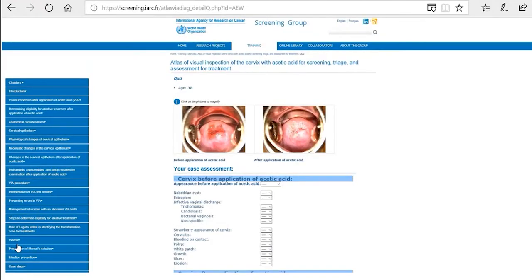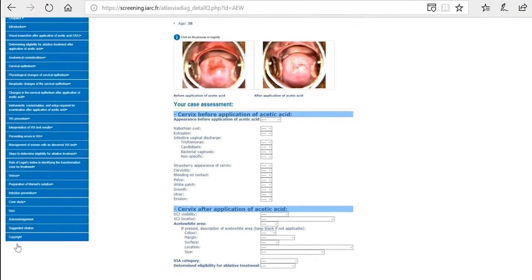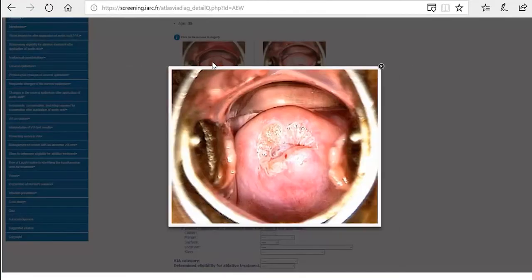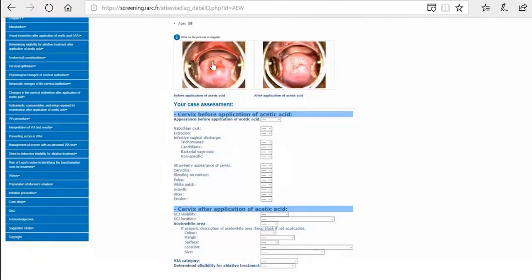To open this, you click on the quiz on the left hand side in the menu, and you will get randomly generated images. So again, the images will give you the age of the woman, a picture before application of acetic acid, another picture after application of acetic acid, and here you will have to give your own impression.